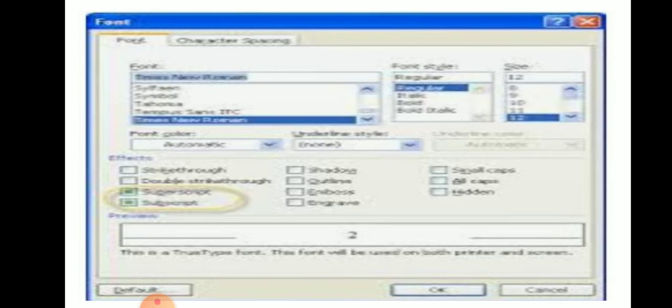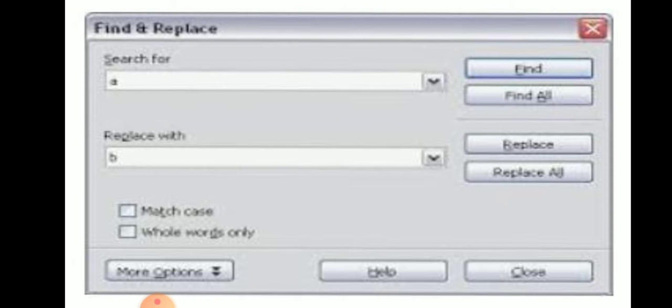Let me move to the topic of finding the text. How do we find a particular word or a phrase in the current document? Then we have to follow these steps. Firstly we click on the find button in the editing group on the home tab, and an icon appears. We select the find option on the menu, and in the find what box we type what we want to search for in this document. We can also click the more button and select the set of options that we require.